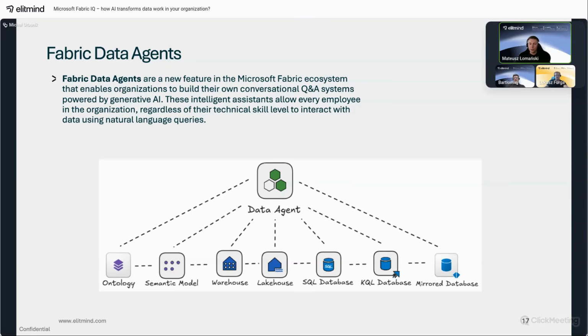The key point is that these intelligent assistants allow every employee in the organization, regardless of their technical skill level, to interact with data using natural language queries. You no longer need to know SQL or DAX. You simply ask a question as if you were talking to a colleague. So let's go to the next slide.